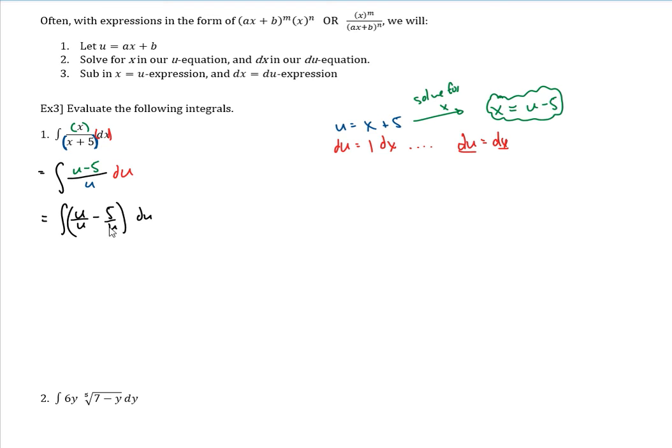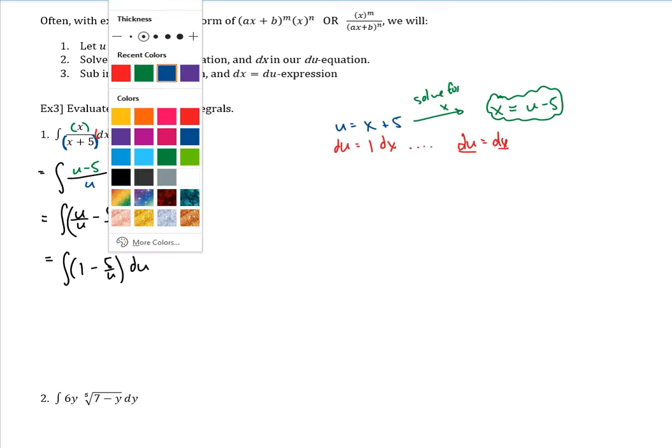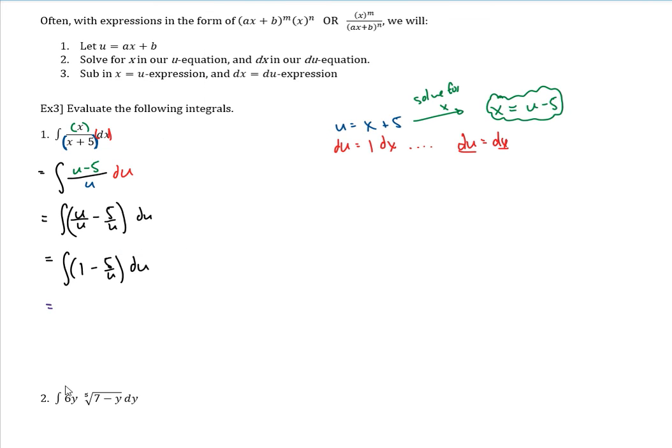With the denominator being a monomial, I can split up the numerator into 2 separate terms. And now each of these fractions I can simplify. u divided by u is 1. And then minus 5 over u is fine for now. We'll just leave it as is. And then du is attached. Now it's ready to do the antiderivative. I'm going to show it in purple again. The integral of 1 would be whatever the letter is, so just u, minus the integral of 5 over u would be 5 natural log of u,